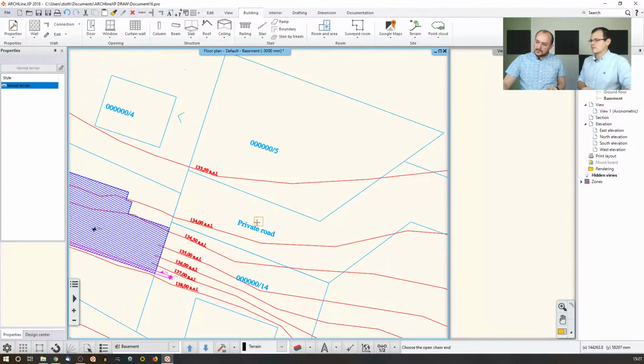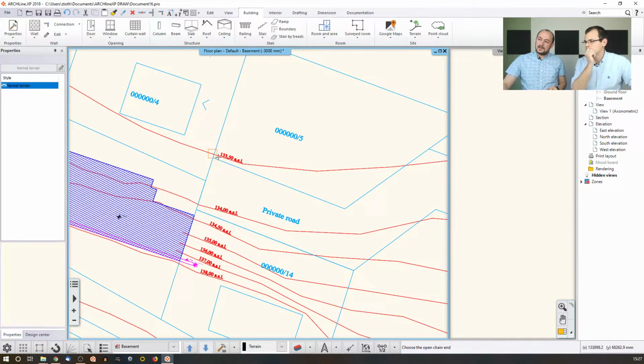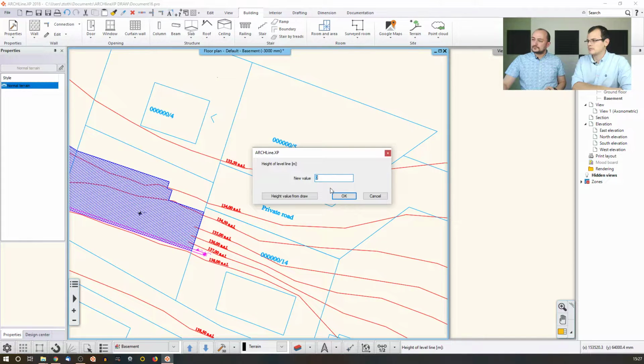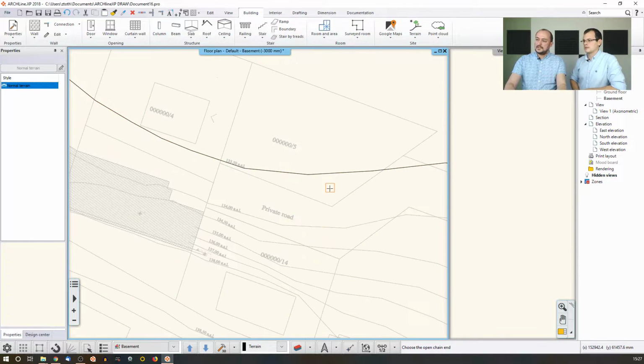Let's just zoom in a little bit so I can see this. This is 133.5 meters above the sea level. So I click here and I simply type that value. So you have 133.5, and then the software understood that that's the terrain line, and I just quickly process